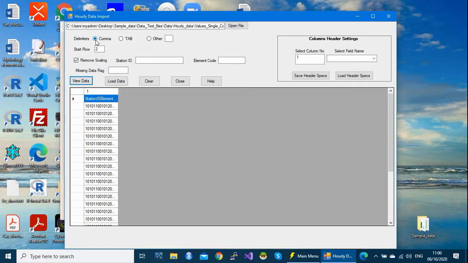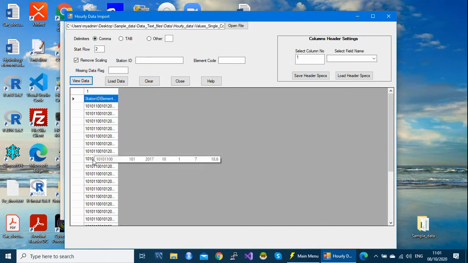So our file is not delimited by comma, that's why it's not displayed correctly. I know that our file is delimited by a tab, but here, by default, the system points to the comma delimiter.